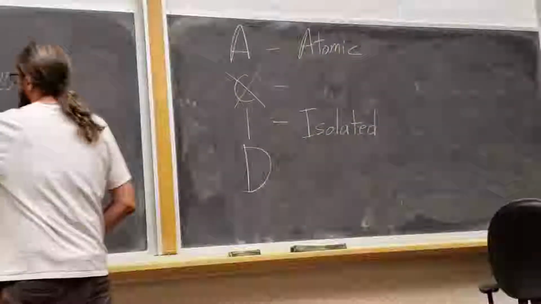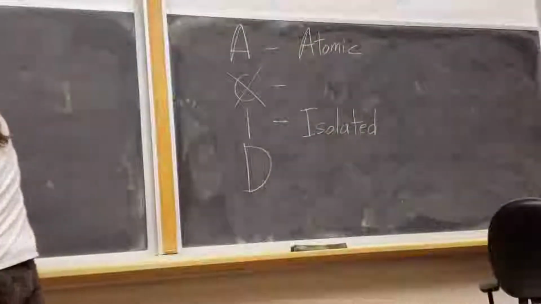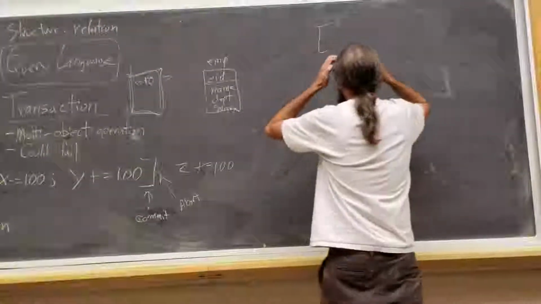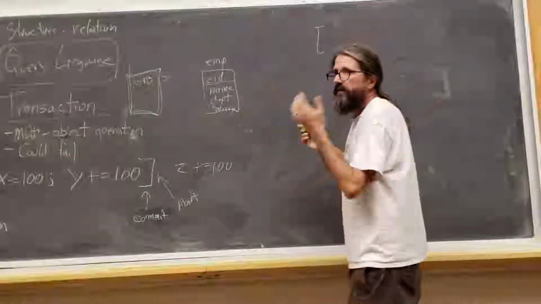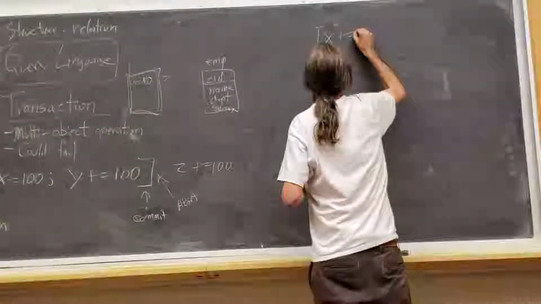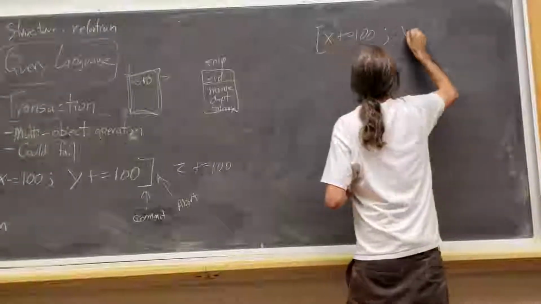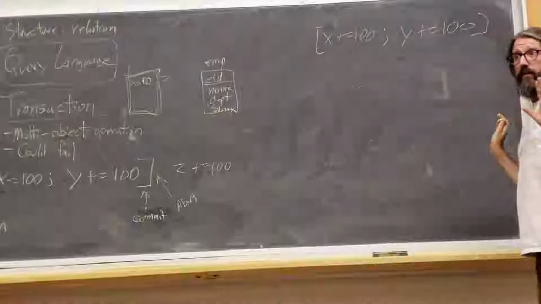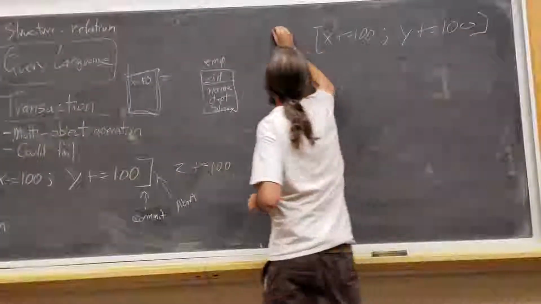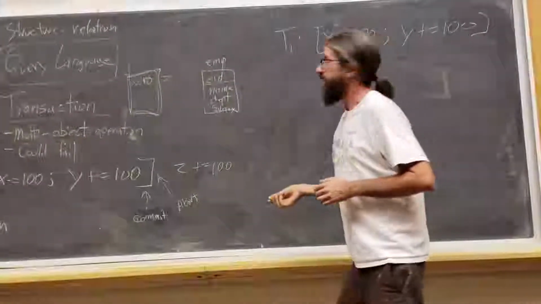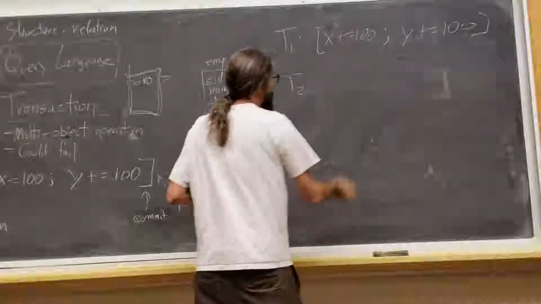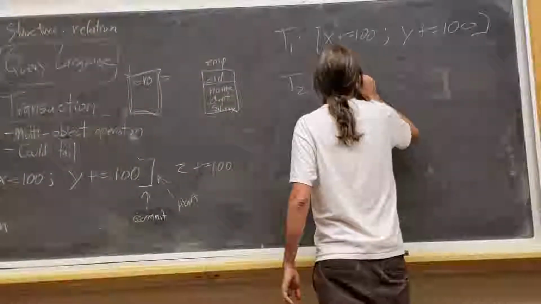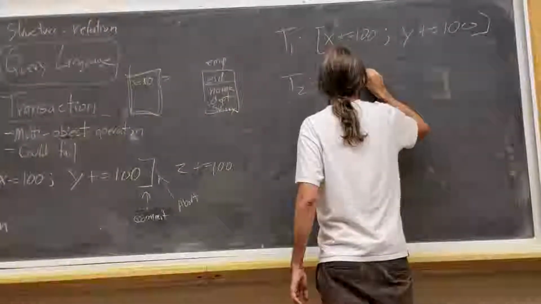And the reason I care is, let me give you a slightly different example to show why. Let's imagine that instead of moving data from one account to another, I was giving a bonus to two employees. So I said, X plus equals 100 and Y plus equals 100. And the fact that I put them in brackets says I want them to both happen or not. So that might be T1, transaction 1. But there might be this other transaction, which we're allowing to run concurrently so that we can go faster, which says something like this: X equals X times 0.006.